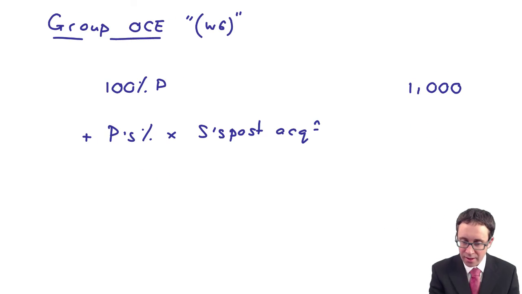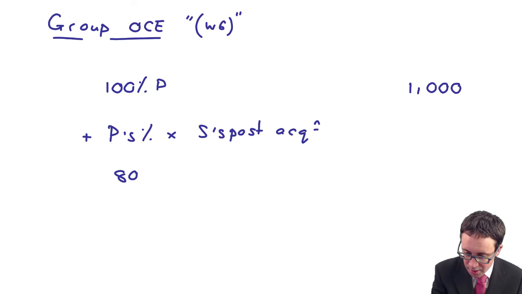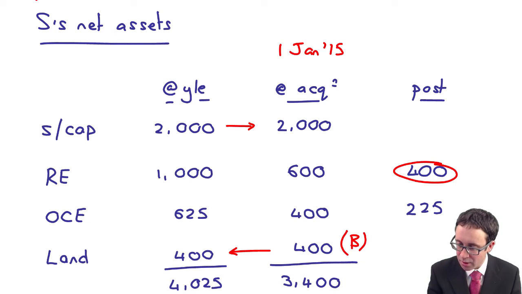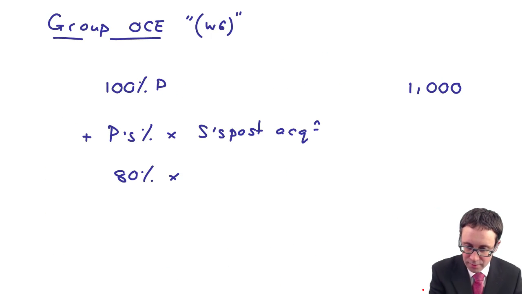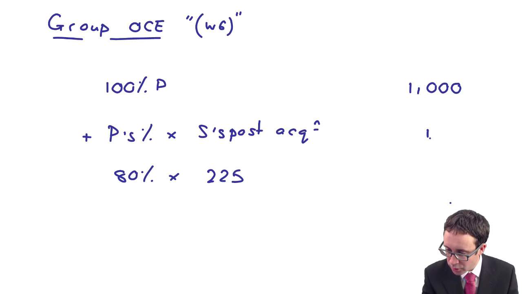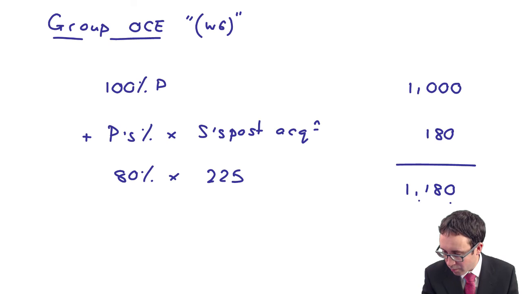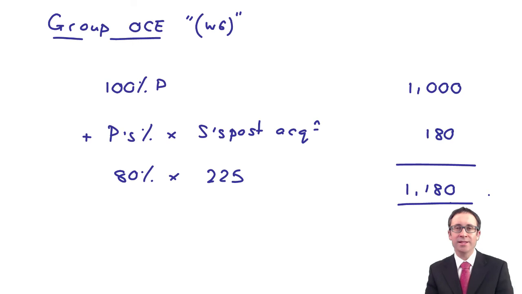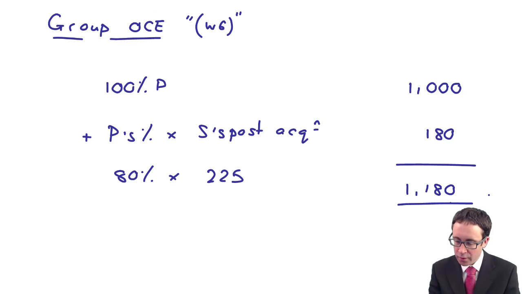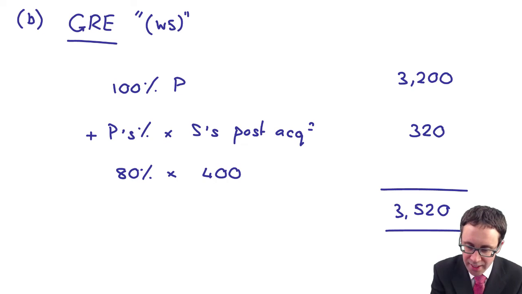And then is it there for the other component of equity? It's the 80% of, is it 225? So 80% of 225. Does that give me 180? Okay. Add that together gives me 1,180. Okay. So effectively what you've got there, remember you group other components of equity, your group retained earnings,